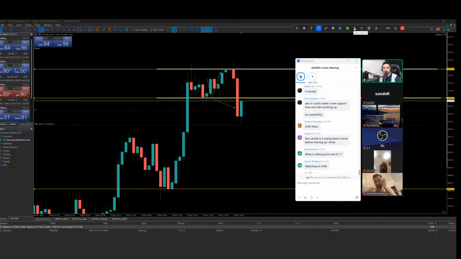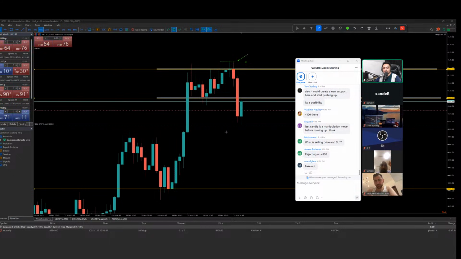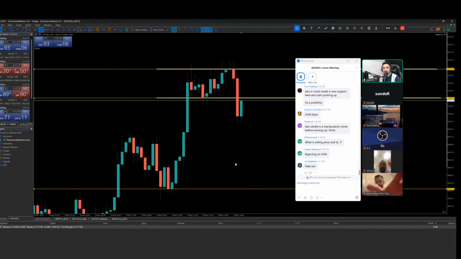Wow, look at this one. It's coming back into the range. Wow. See, we secure money here. We secure money here. Everything was aligned, but we still needed the last confirmation and we missed that last confirmation. So I didn't execute it.